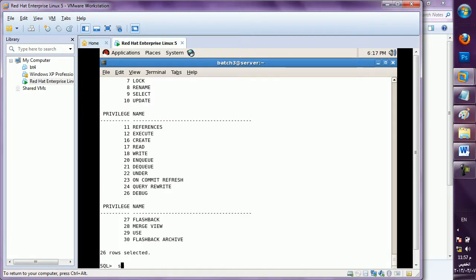Roles are nothing but a set of privileges, a set of rights and permissions. Instead of giving the privileges separated by commas again and again, typing those 3 or 4 commands again and again, you can collect those commands and keep them under one particular name. That particular name is known as a role.